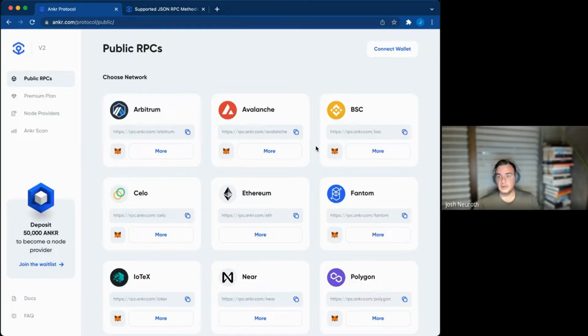So I see another question. Is it possible to perform chain forking while building in Hardhat? I don't believe so. I don't understand this question. Usually for forking, you'd probably want to be running your own nodes and have direct control over the nodes if you're doing that kind of stuff. But these are mainnet nodes.